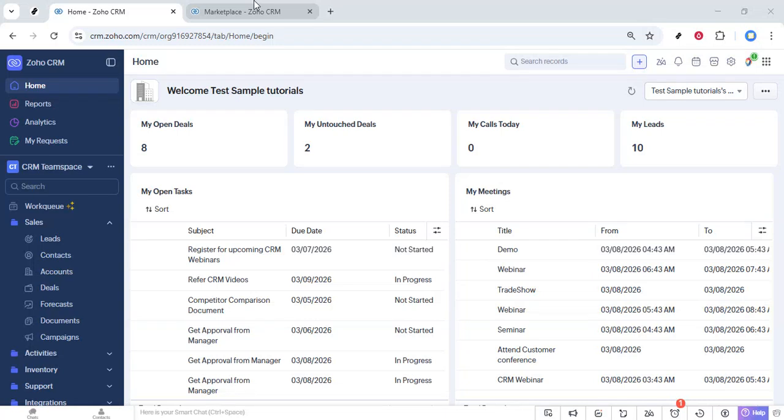In this video, I'll guide you through how to integrate WhatsApp in Zoho CRM. By the end, you'll know exactly where to go and what to click so you can get WhatsApp connected and ready to use inside your CRM. I'll move step by step and you can pause or rewind at any time if you want to follow along